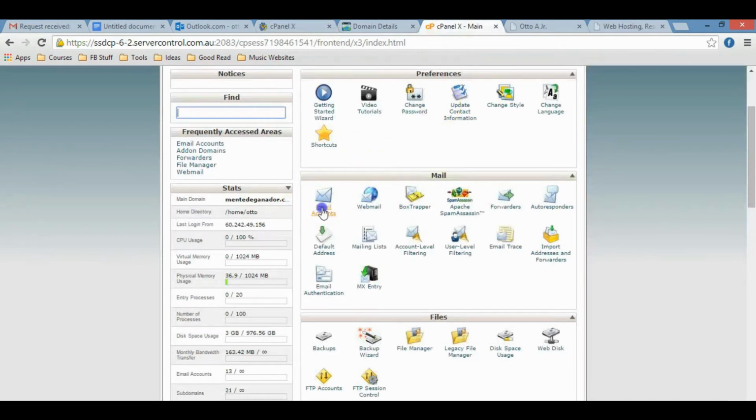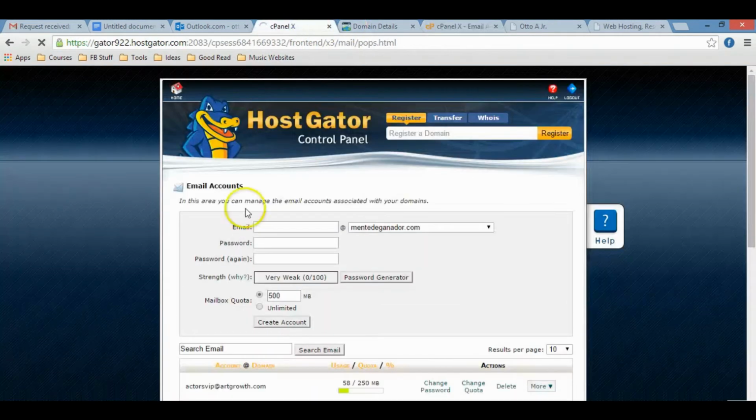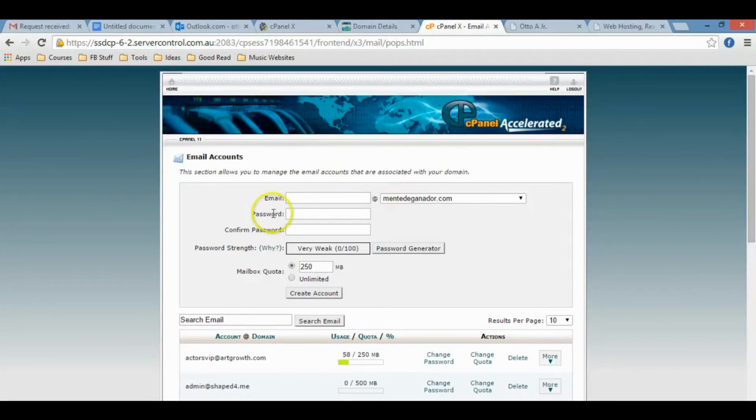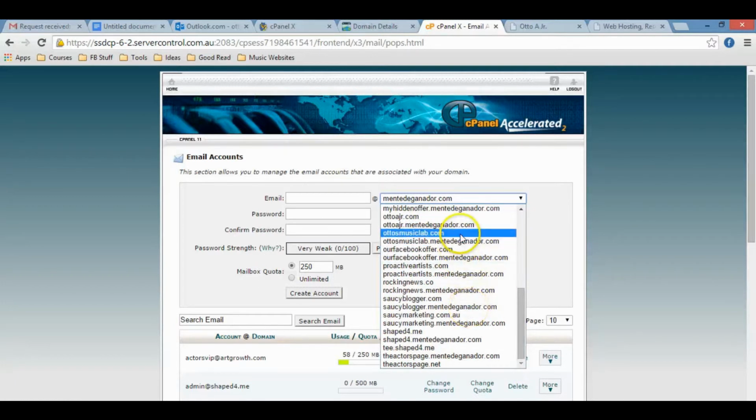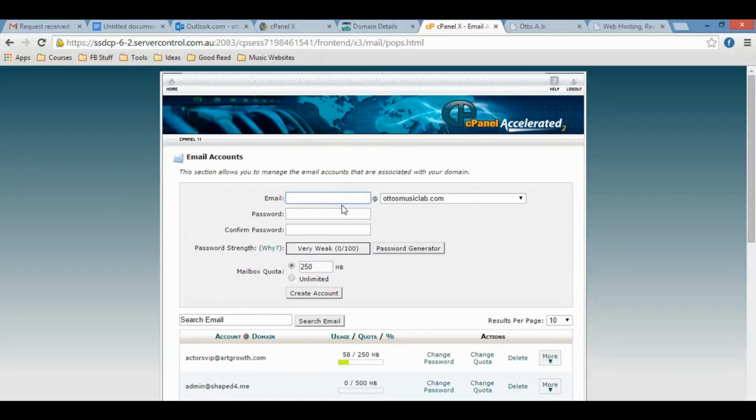And for me, it will be here, email account. Okay, so all you need to do, again, it's really similar on my cPanel to yours, is to find your domain name. Where's mine? Okay, Music Lab